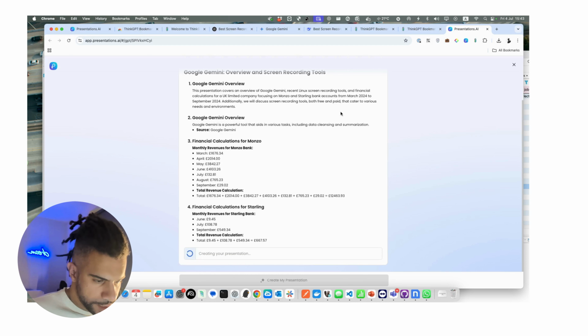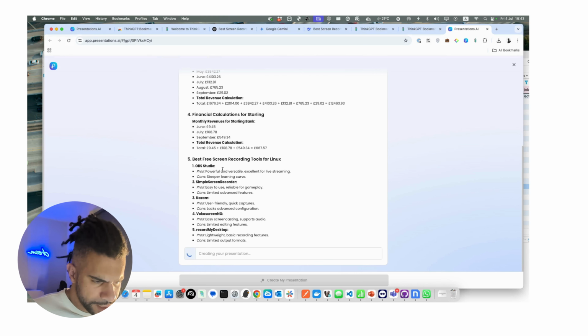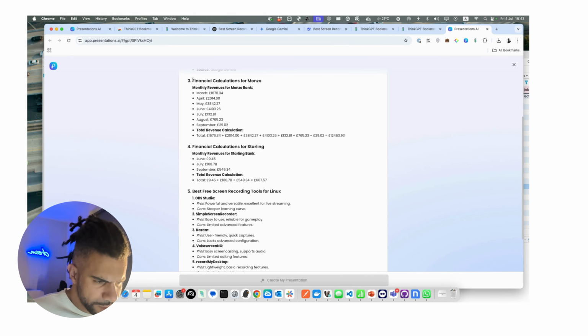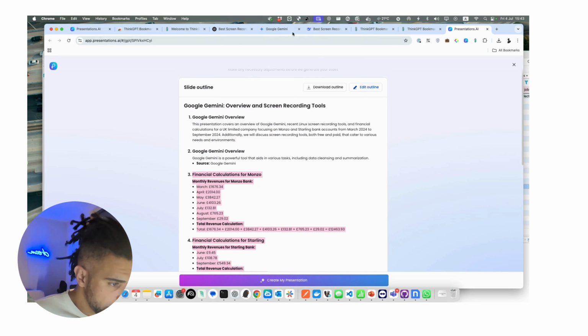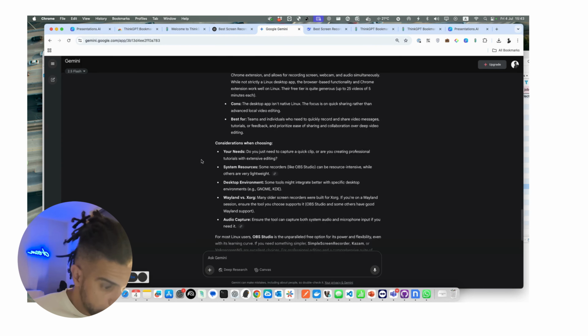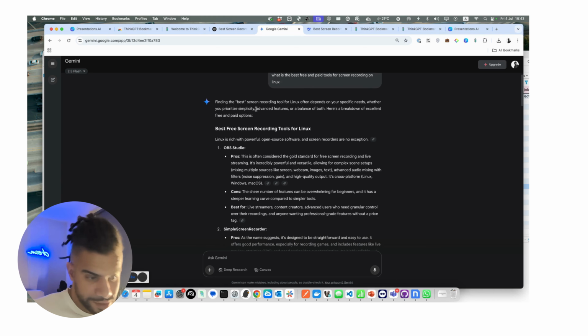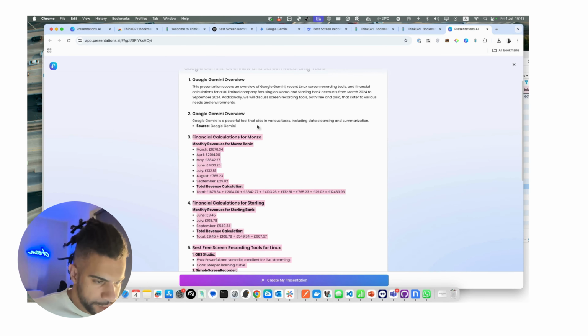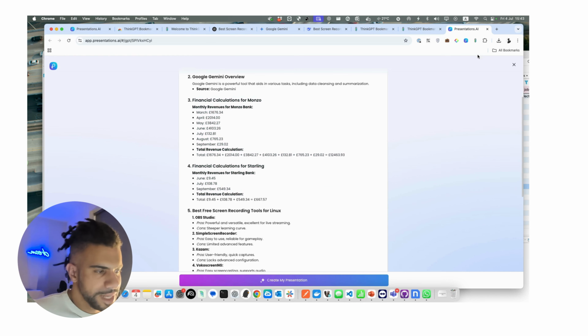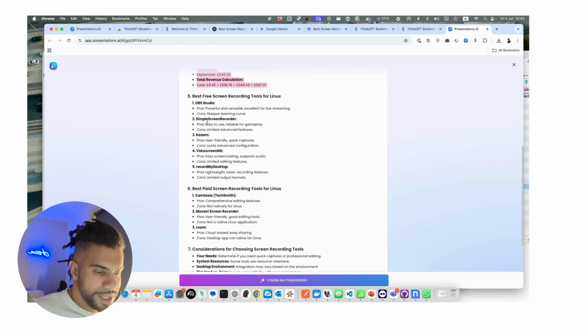Okay, so it did. Okay, very weird. It did include some other information here. I don't know exactly where it got it from, which could be a bug. Because here it should have only included this page, but here you could see it did also include some stuff, some messages which I've had personally from other chats in Gemini. So this is actually a bug in Presentations.ai, but it did also create